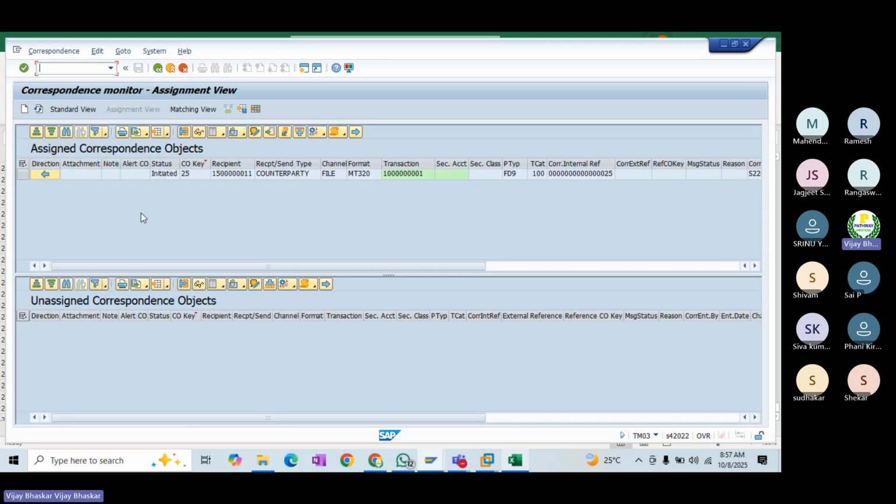As of now, we have not assigned. Assignment is nothing but we sent that correspondence to the counterparty. As soon as we receive it, then only the assignment will be possible, because both should get matched. Otherwise, how can you match that one? This is the incoming direction. So now this is outgoing, incoming direction. Both should be there.